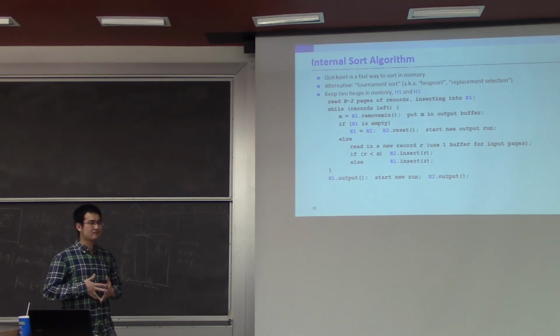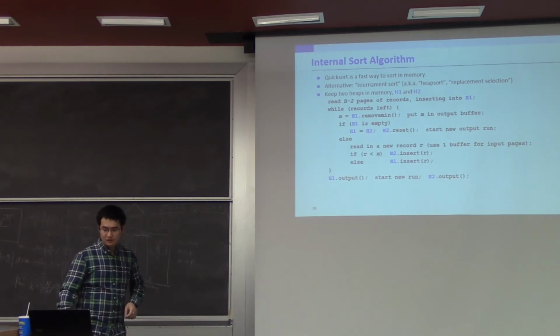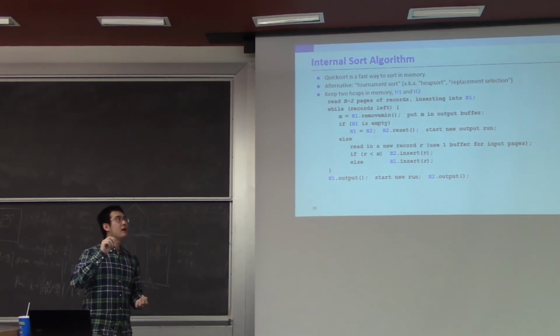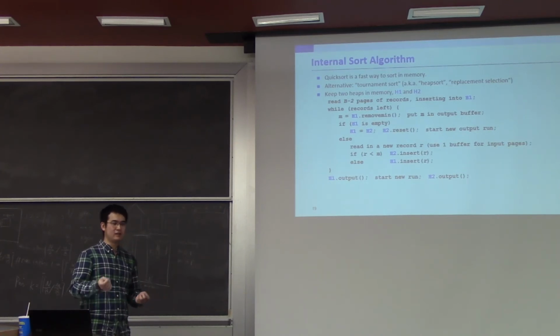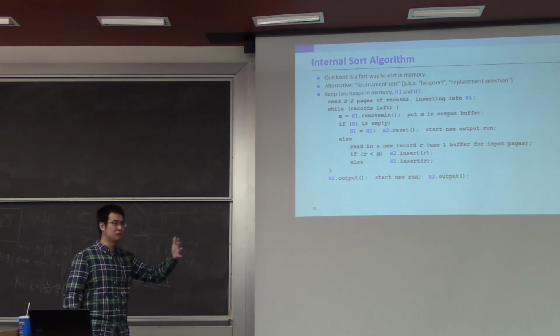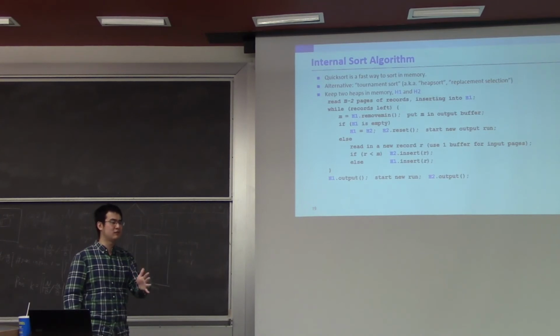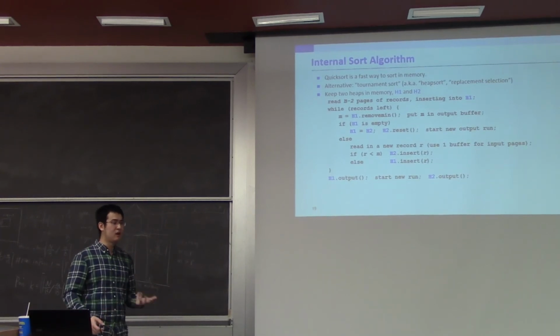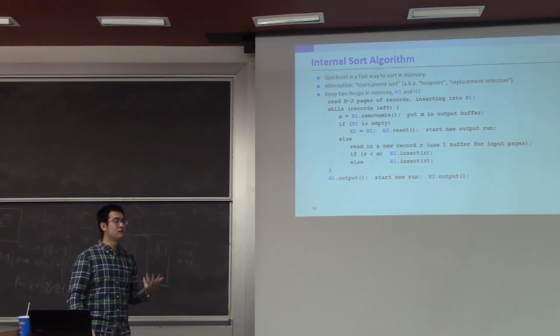And then what's the advantage of this one over what we talked about before, just using a heap? Yeah, if you just use a heap, you can still only use up to M over B buffer pages. You can use all of your M over B buffer pages as a heap and insert stuff into it. Each time you remove an element from the root, insert it into the output buffer and dump that to the disk, right? Yeah, that way it will give you a run of length up to M over B minus 1,